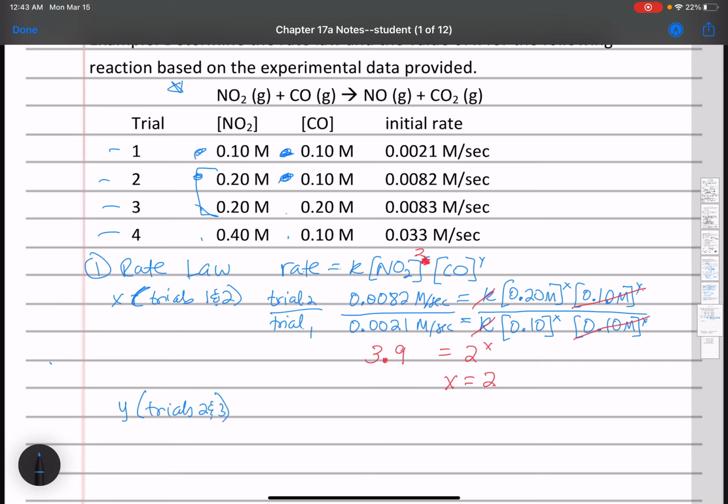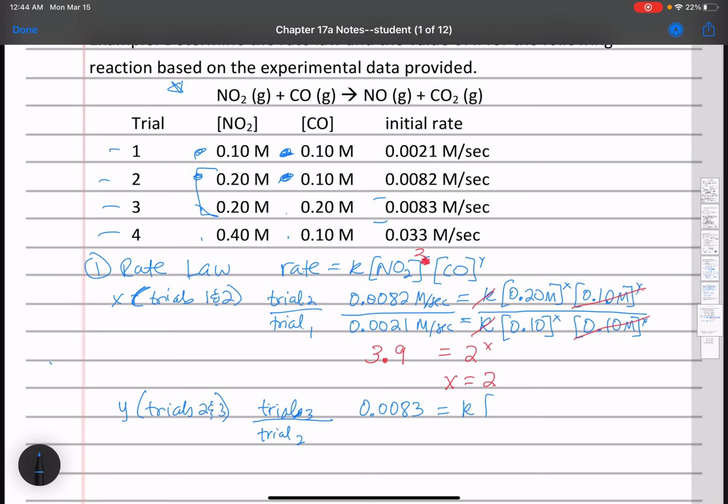And again, I like to put the trial with the faster or higher rate on top. So in this case, they're about the same, but the third one is a little bit higher. So trial 3 over trial 2. So I'll do it that way. Okay, so the rate of trial 3 is 0.0083